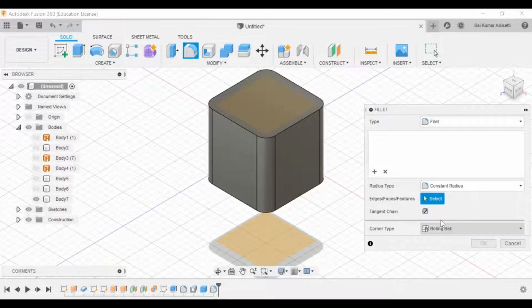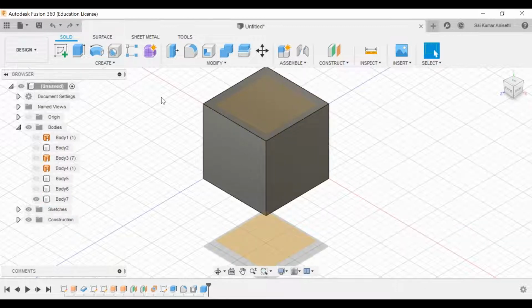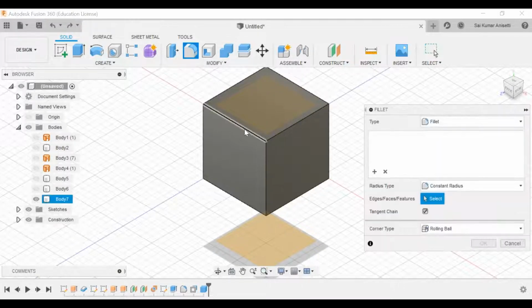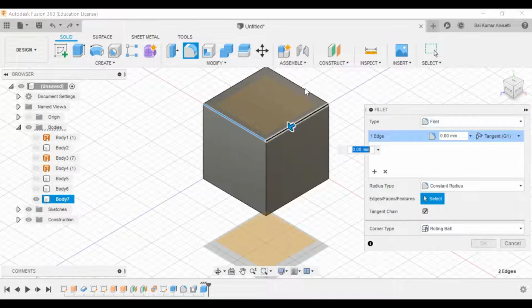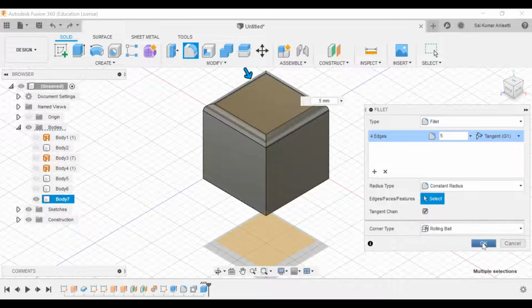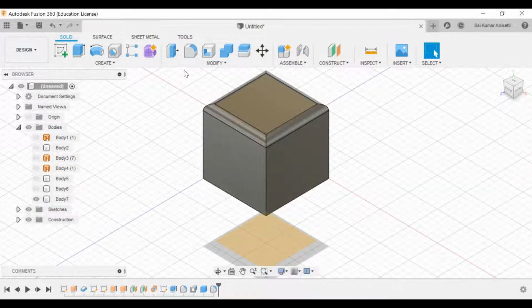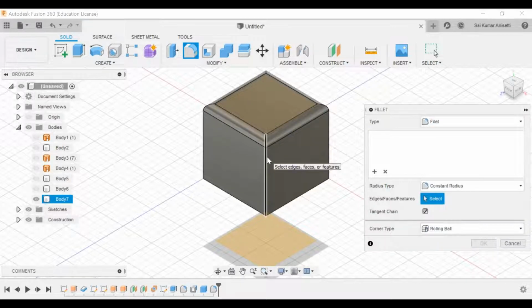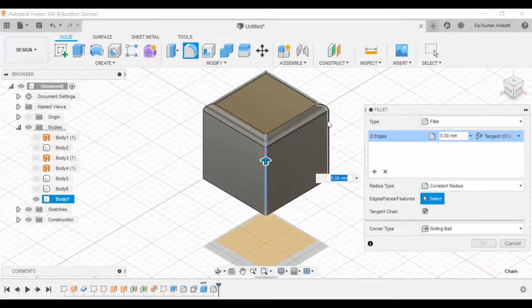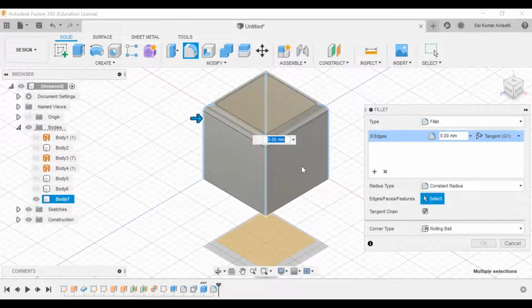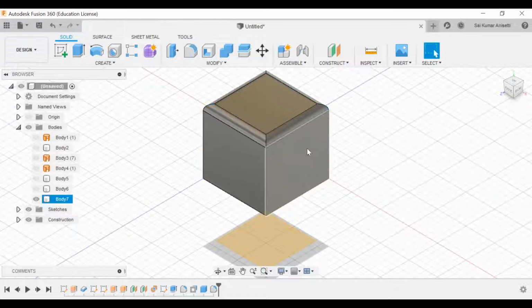Okay, if I do it in an opposite way, see what it actually does is, if I do it in opposite way, 1, 2, 3, 4. I have selected the horizontal fillets first. Let me give this as 5 mm. Click OK. Now, if I want to make the fillet on the corners, again I have to select 1, 2, 3 and 4. See, it's already a time taking task. Okay, that is not a proper way to give your fillets.